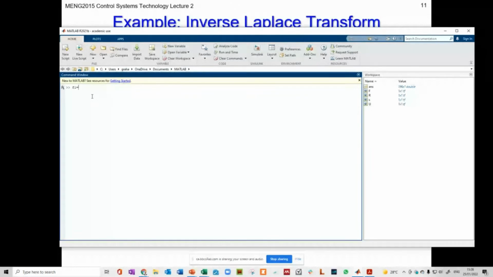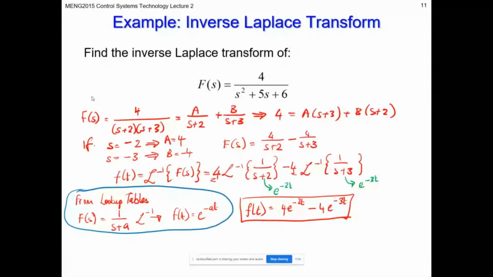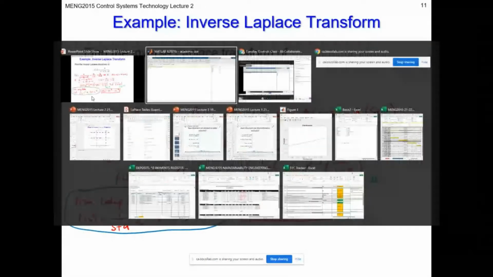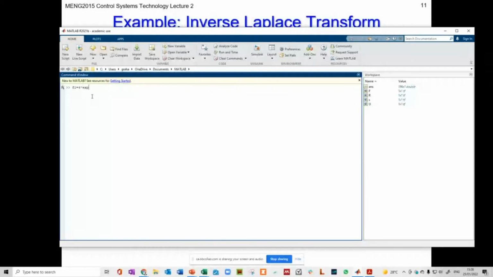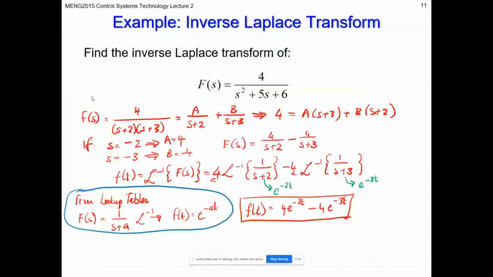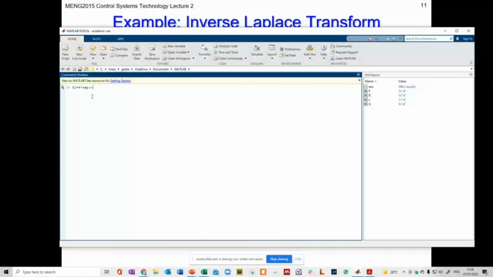So let's do the first part. F1 equals 4 times exponent minus 2 times t. Now, I made a small error there because I haven't defined t yet,